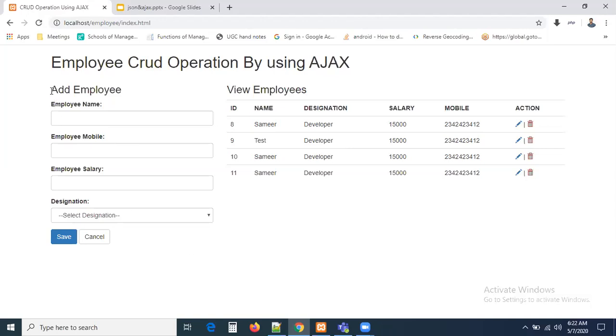But the only thing I'm going to do here is, where we have Add, let me make it Edit Employee when users click this edit button. Moreover, I will change the button to an update button. So now the button is a save button. Let me change this to an update button. Once the user clicks the edit button, yes, let us start the same, guys.